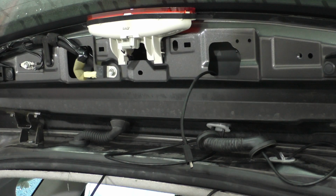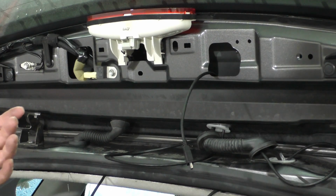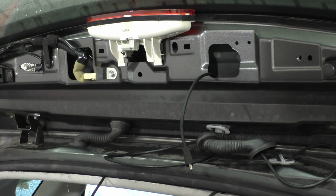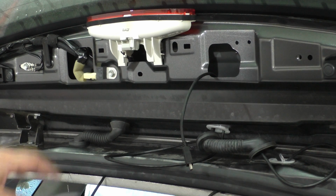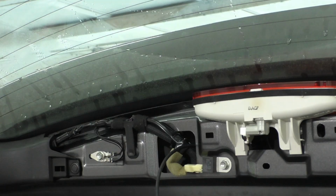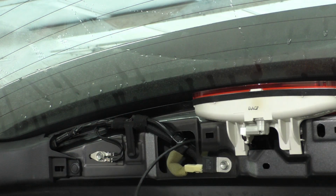And the reason why I'm going to do that is, at least for me personally, I feel like when you're looking at your rear, you're looking more out of the passenger side of the rear than you are the driver's side. So I would rather put the camera over here, so any obstruction I'm making would be less impactful to the driver. All right, so you can see I've got this wire over here now,